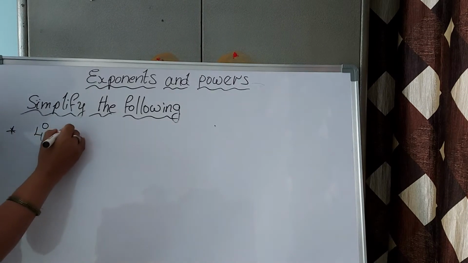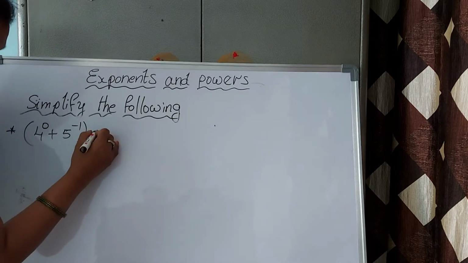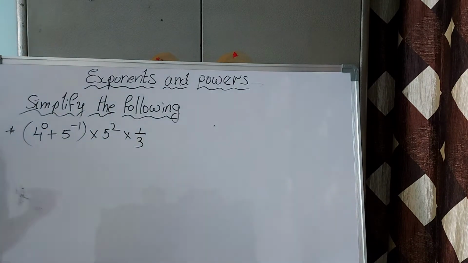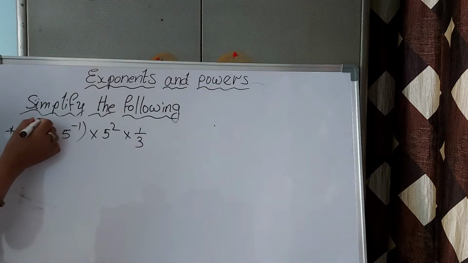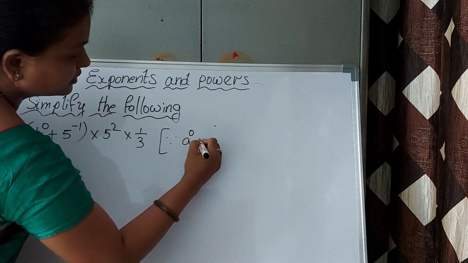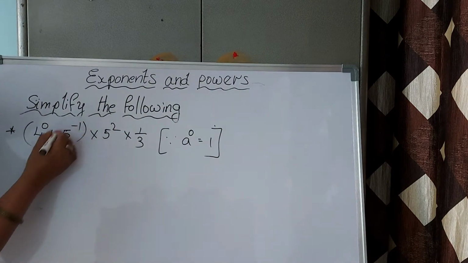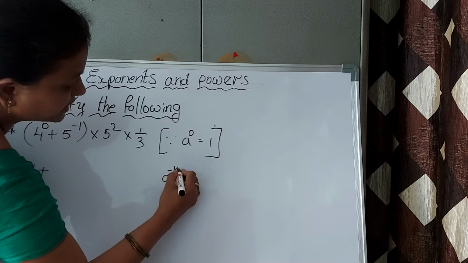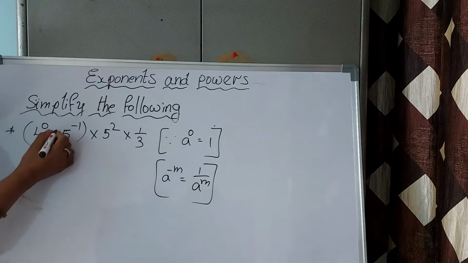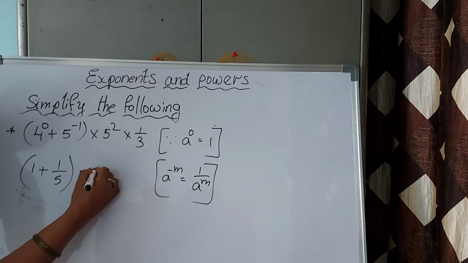4 power 0 plus 5 power minus 1, bracket, into 5 square into 1 by 3. Now see, anything power 0 is equal to 1. The answer is 1 for this one. Plus, for this one, a power minus m is equal to 1 by a power m. That is the reason. So for this one, 1 by 5, bracket, into, write this one as it is, 5 square,